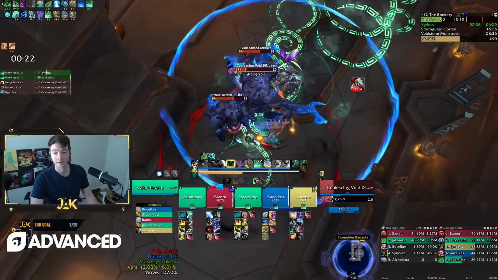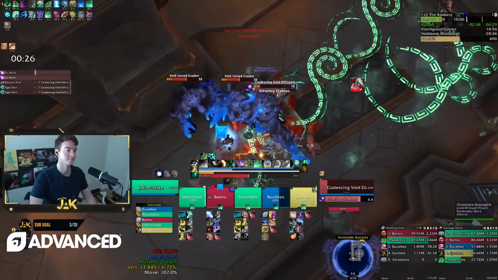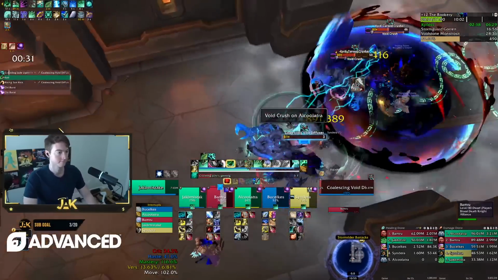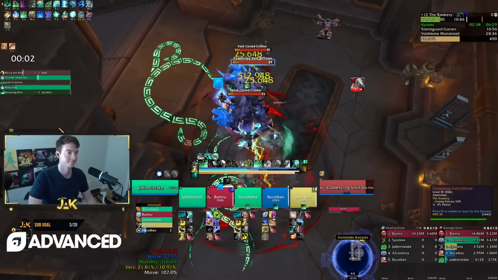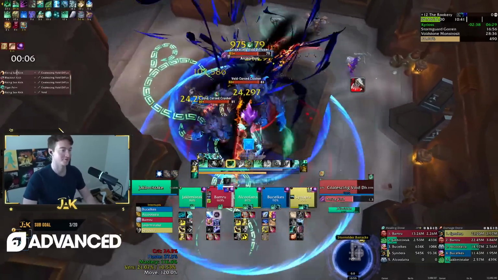Once you're downstairs, the big enemy is called the Void Diffuser. Now they have 2 main mechanics. One is the Attracting Void, which places a circle on the ground, drawing players into the field and dealing huge amounts of AoE damage. This, you need to be preparing defensives around every single time that you pull one of